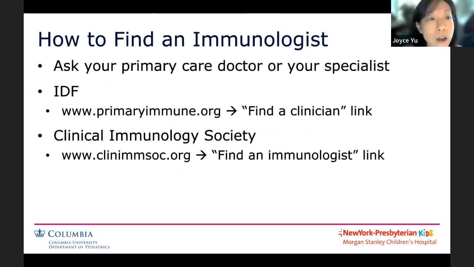And finally, how do you find an immunologist? Your first point of contact would be asking your primary care doctor or the specialist that you've gone to. Sometimes they may not know someone, or there may be no one in the area where you are. So you can go to the IDF website, primeimmune.org, and click their Find a Clinician link, or you can also go to the Clinical Immunology Society, where they have a Find an Immunologist link. You can enter your city, your state, and your search radius, and they should be able to help you find someone that you might be able to contact